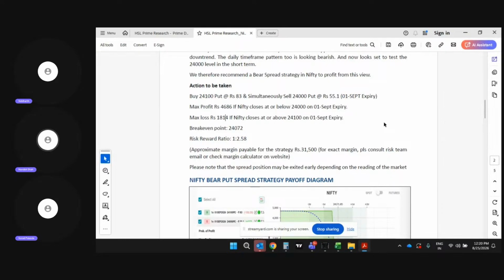We believe that if Nifty were to break 24,000, we might see a sharp downside movement, because technically also Nifty would weaken if it closes below the 24,000 level, as the upward sloping trend line is placed around 24,000, and also multiple swing lows are placed around 24,000. So just to take benefit if Nifty falls sharply, we have issued this strategy, as the risk here is limited. If Nifty doesn't move lower, the loss will be limited to 1814. This is a strategy we have issued that one can initiate right now also, as premiums are around those levels only. Sonali.